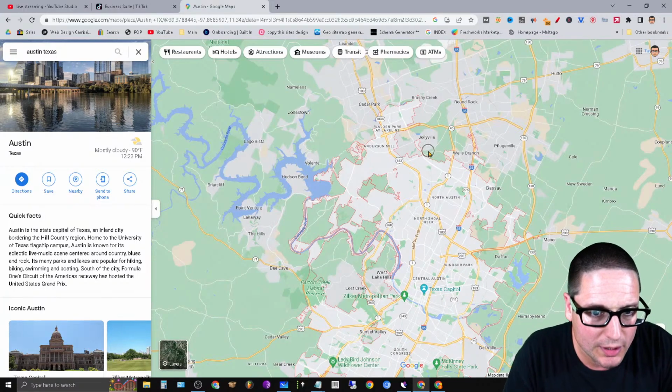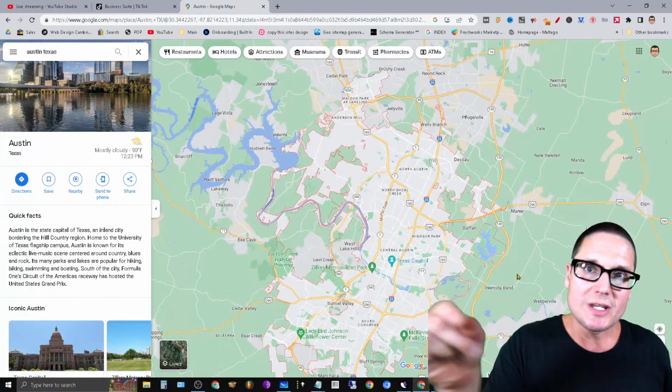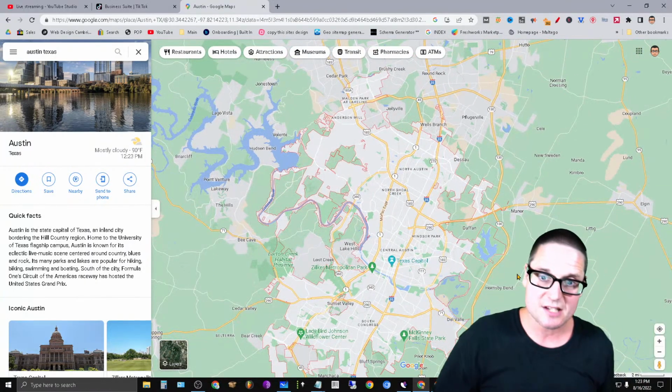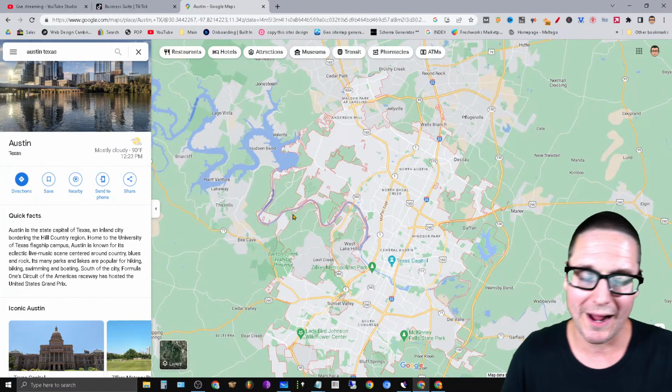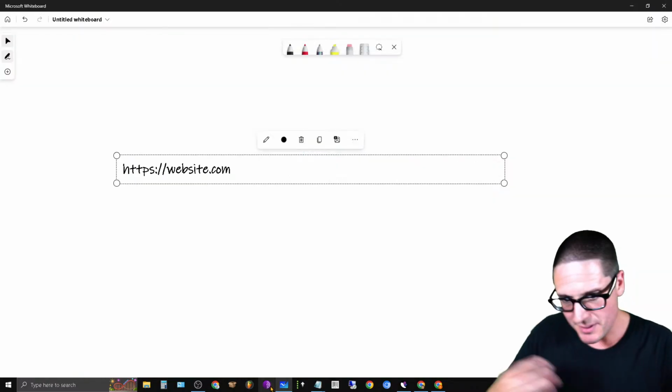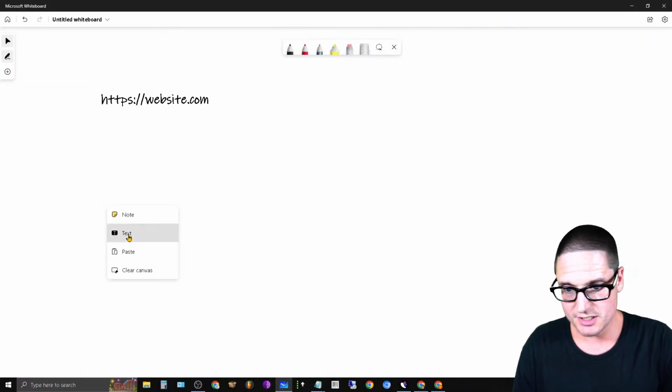So see how they're putting this red on the outside of Austin, Texas? But you can see that on the inside of Austin, Texas, there's other little areas, right? Correct. So when you have a business that's offering multiple services, let's just say that you